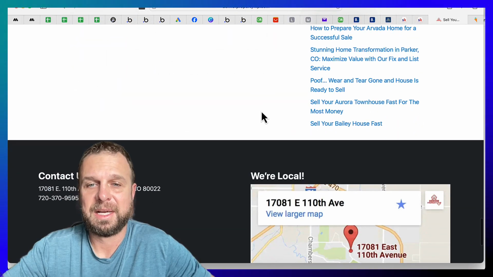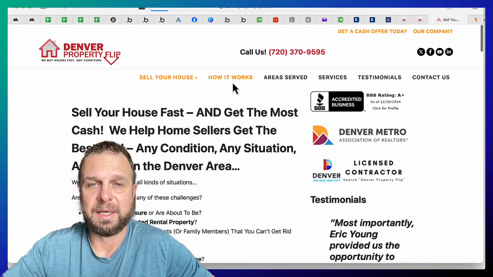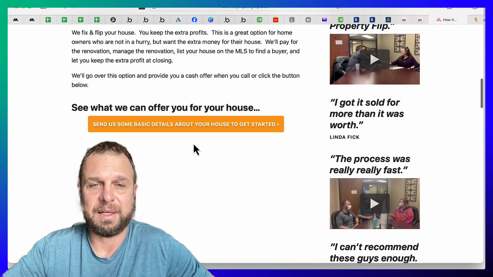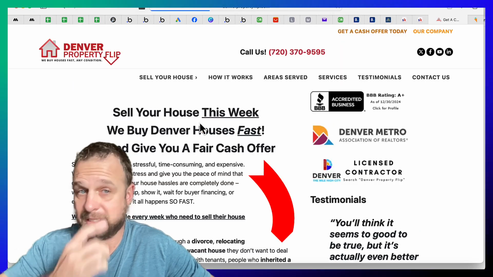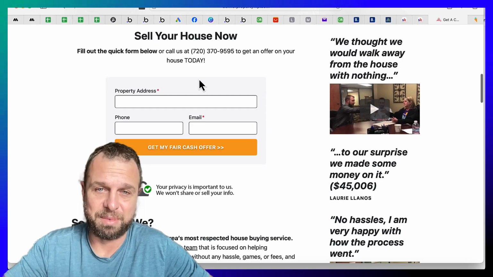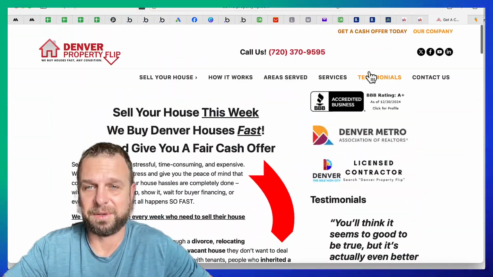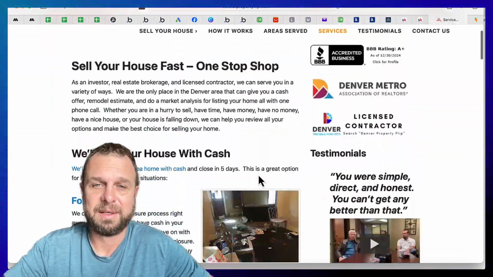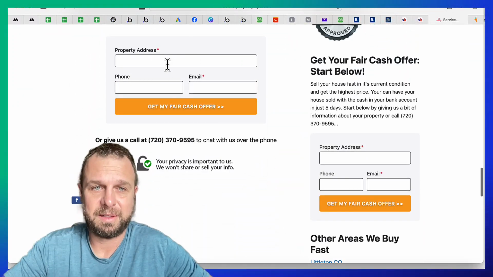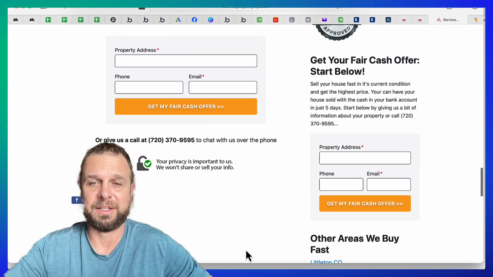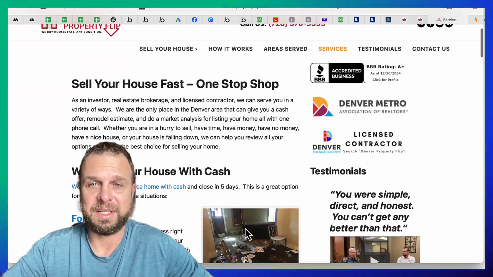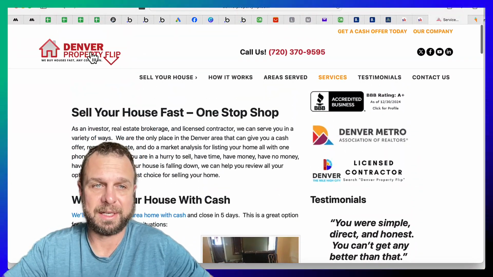input box. If we go to any of these other pages, we come down. Tell us the information to get started. Do you click this and back to a page that has the input box, right? Everything funnels back to the same thing. We'll scroll down on this page, ask for their address. So that's a key part of having a website that converts. You need to have that all over the place. We'll go back here to the